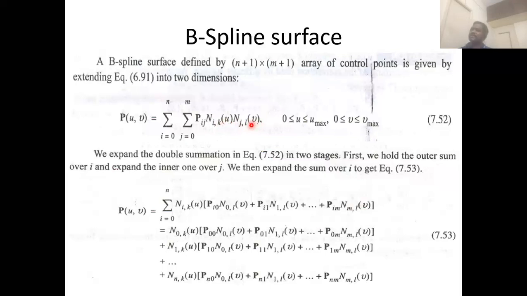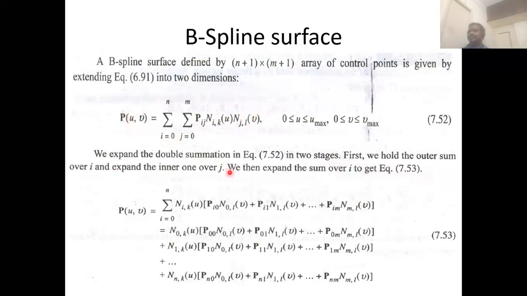Understand? As we discussed earlier, the calculation of these coefficients is very difficult manually. Either you have to write a program to calculate all such things. It is actually recursive in nature, so this calculation is very difficult. If in your exam you find a question to write a short note on the B-spline surface, you can write anything, because the evaluator also cannot generate it. It is a computer-dependent, computer-generated surface. Okay, this expression we will be looking at.